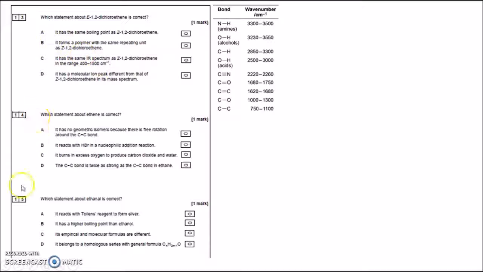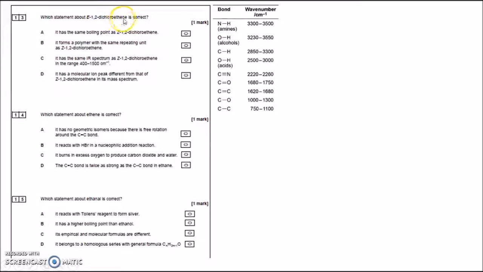Let's look at questions 13 through to 15 then. Which statement about E-1,2-dichloroethene is correct? So let's have a look at what E-1,2-dichloroethene is. So ethene, 2 carbons joined with a double bond, the ene, and I've got 2 Cls, dichloro, 1 Cl at carbon number 1, and 1 Cl at carbon number 2, so they're on opposite